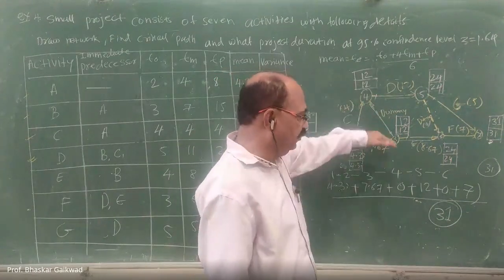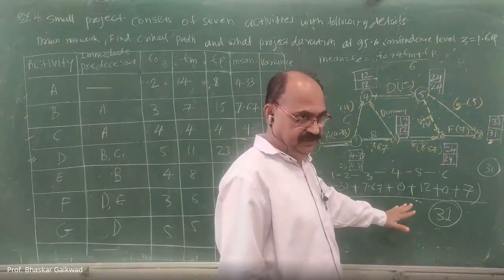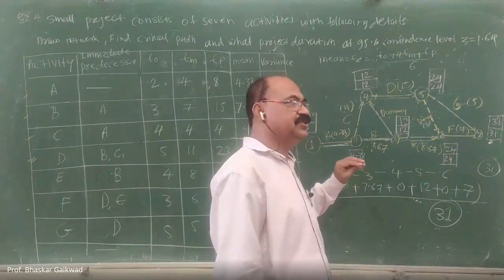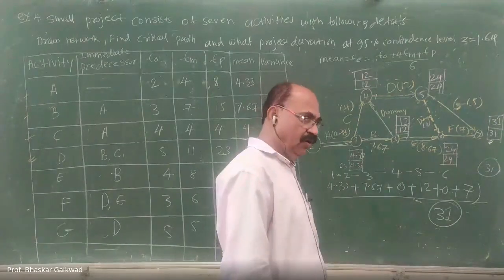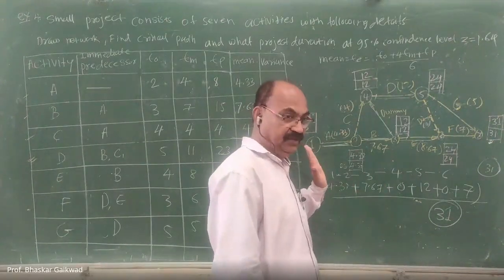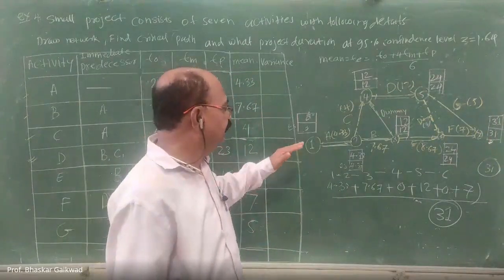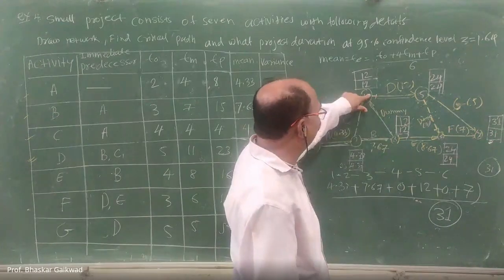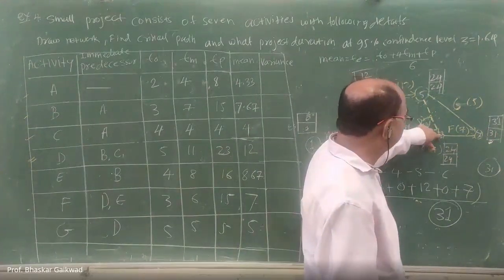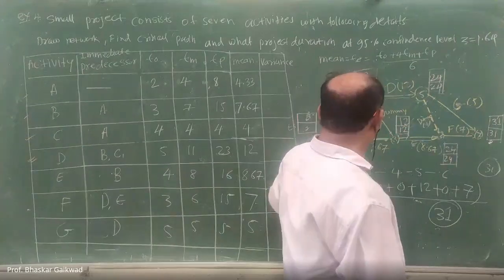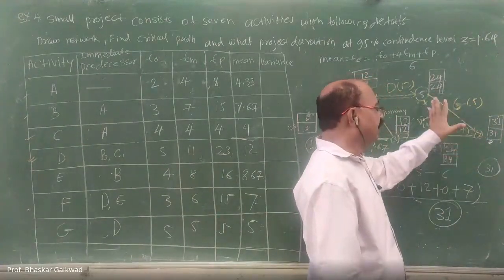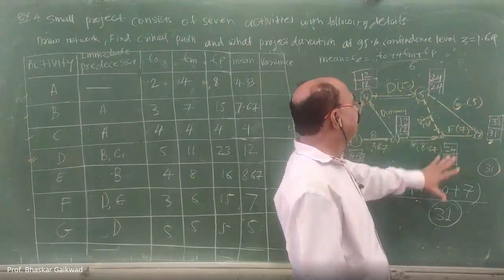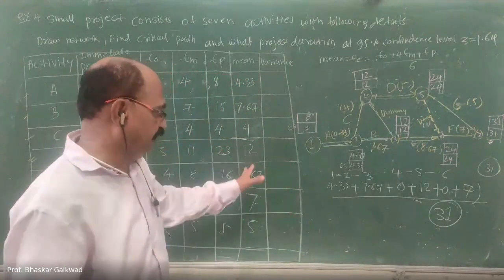If you go the other way, 31 will not be there. So under such a situation, you have to find the maximum time required for all these activities, that is our critical path, the maximum time. Here it is 1 to 2, 2 to 3, 3 to 4, 4 to 5, 5 to 6, 6 to 7. This is one way. But if you go the other way, the time required is less. So this is the maximum. Like this, we can calculate the critical path.